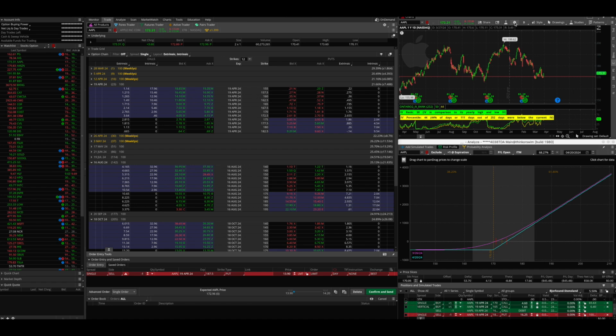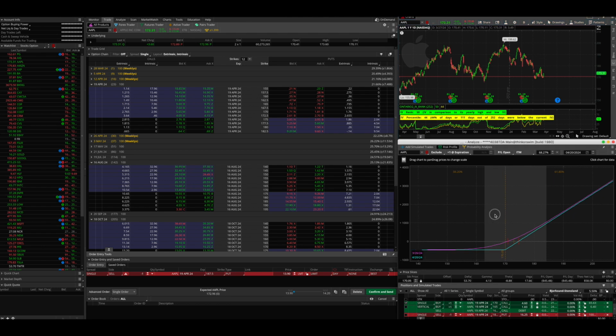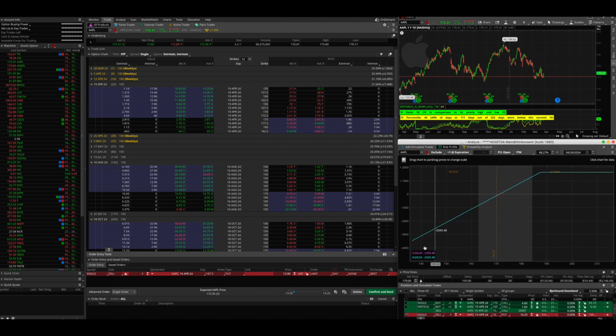simulated environment. While we will be demonstrating our strategies and techniques using the Thinkorswim platform, it's important to note that our course focuses on teaching the fundamental concepts of options trading that are applicable across various trading systems. Whether traders use Thinkorswim or another options trading platform provided by their brokerage, the core principles of options trading remain